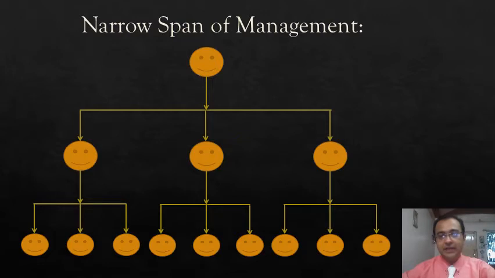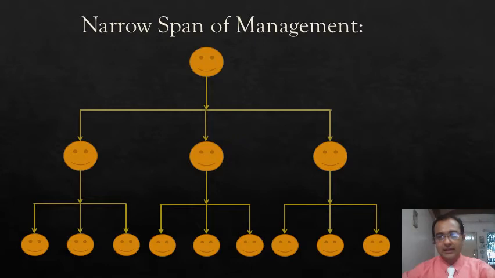That is why it is considered a narrow span of management, whereas in wide span, a manager was controlling, managing more subordinates. That's why it was considered a wide span of management. Whenever there is a narrow span of management, it adds one more level in the management, which you can see